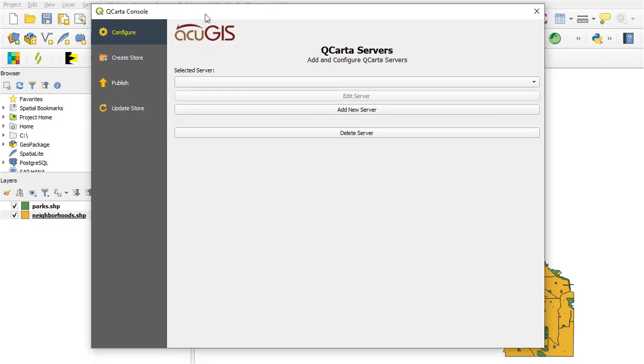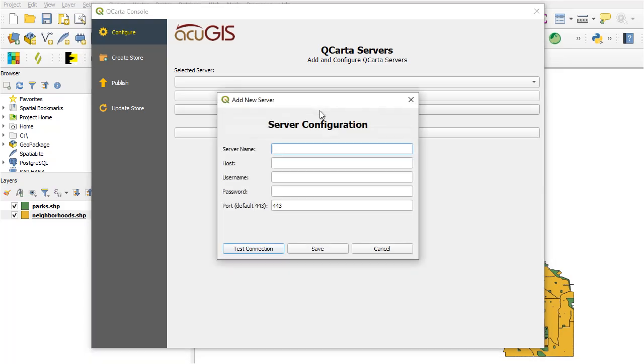And the first thing we're going to do is add our server. So click Add New Server. You can add multiple servers. Okay, let's give our server a name. I'm going to call mine QCarta Demo and enter the host name. In my case, it's